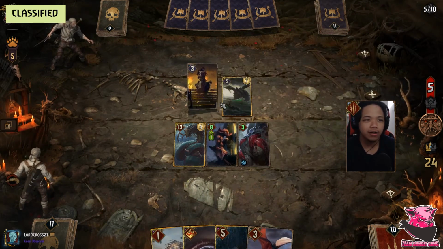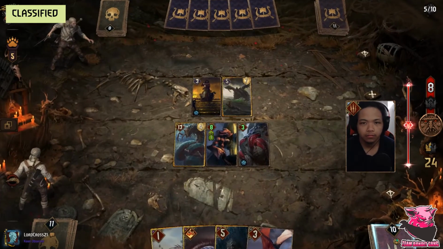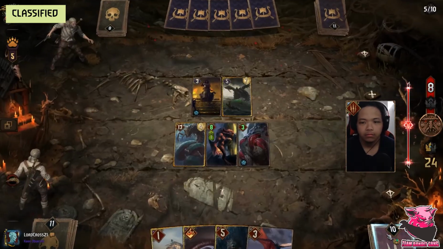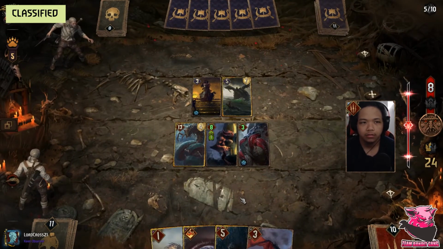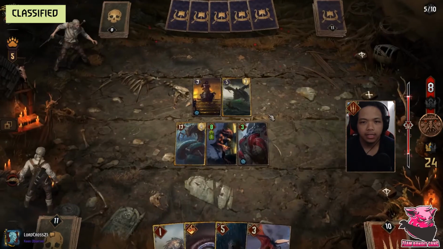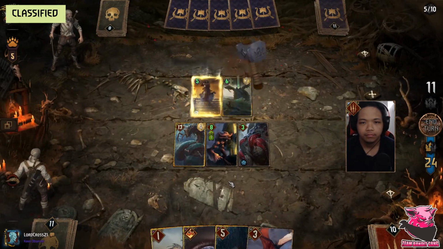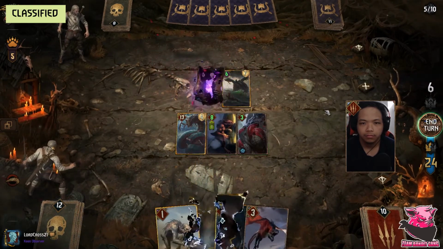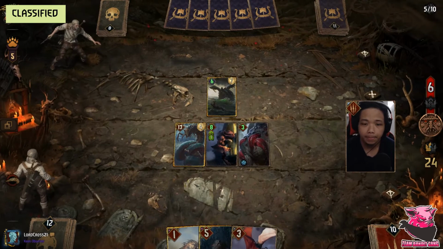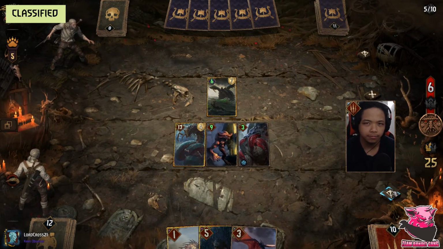That's a good parasite target, isn't it? Yeah, I might just hit that actually, because he doesn't have another Svalbard Priest, so... Yeah, I think I might as well. The shorter the round gets, I think the better it is for me, so...